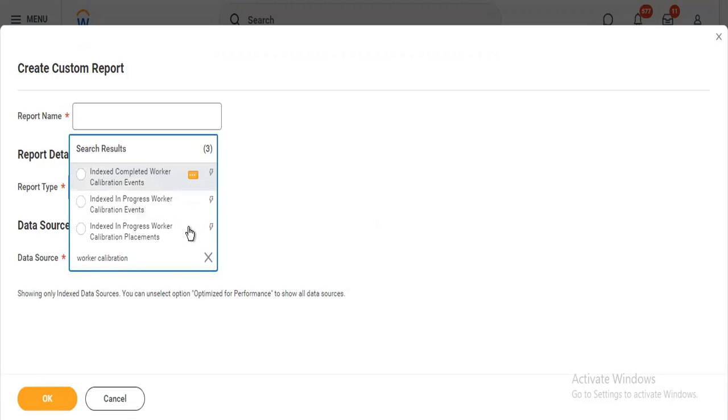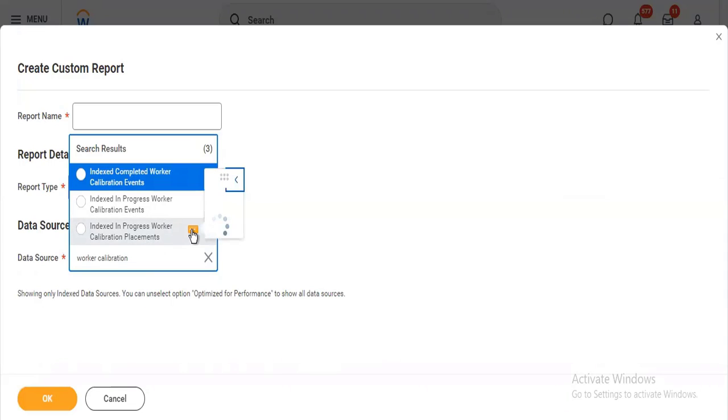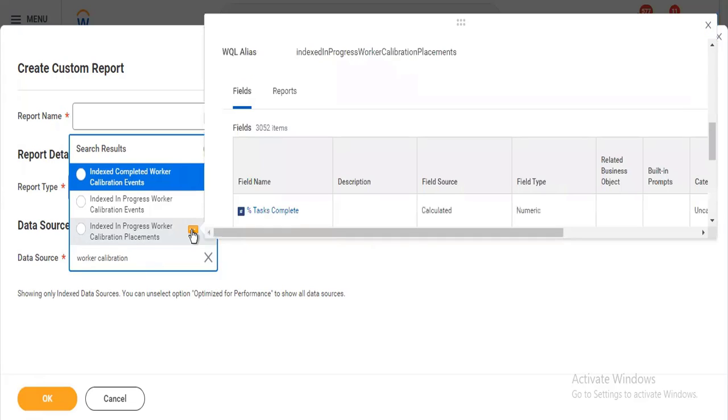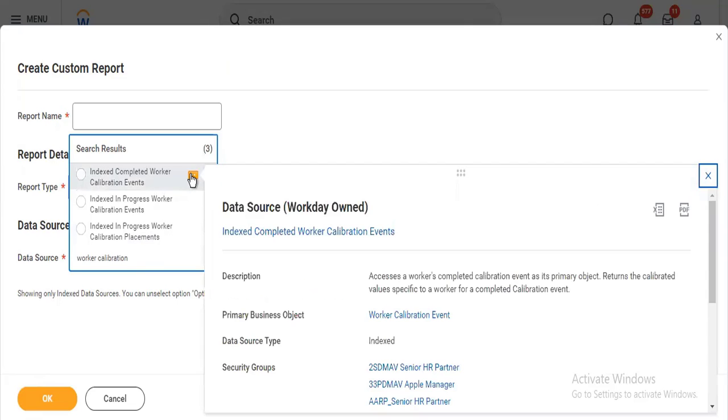See, indexed in progress worker calibration placement. If we are talking about the calibration placement, if in case calibration and everything is done, in that scenario, we will consider this. If the worker's calibration event is completed, and at that point of time I want to get a report, then I will select the first one. But right now, we see there will be a calibration event that will be going on. So mainly here, where we are using this inbox report that we are creating right now, it's in the